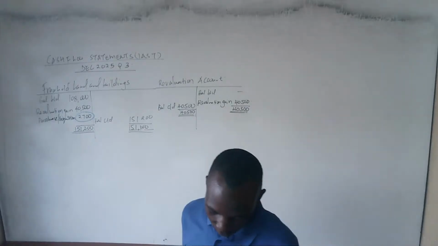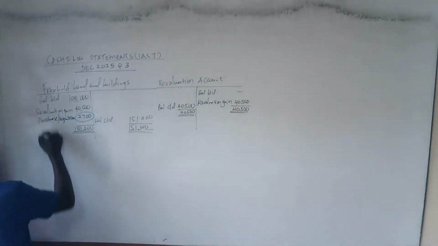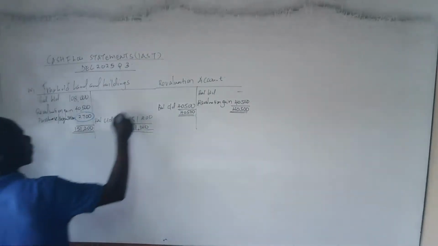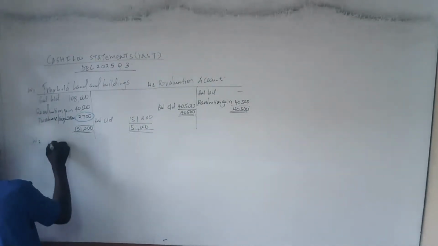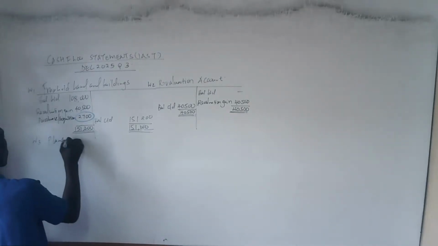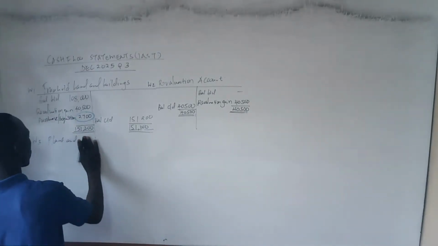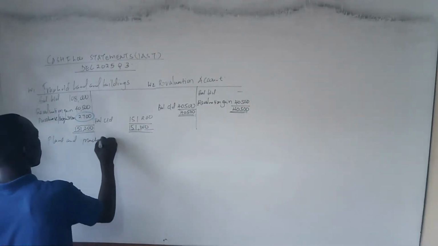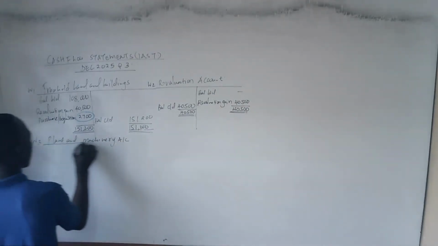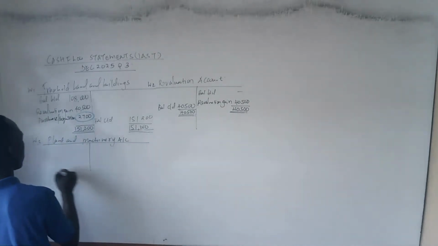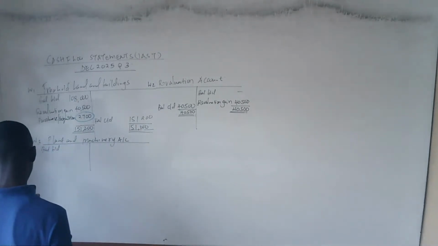Then we go to the next item. The next item is plant and machinery. So this is working 1. Then we have working 2. Then we can talk about working number 3, plant and machinery account. Let us open the T account for the plant and machinery. We are going to have the balance brought down in this case, which we are given how much? We are given